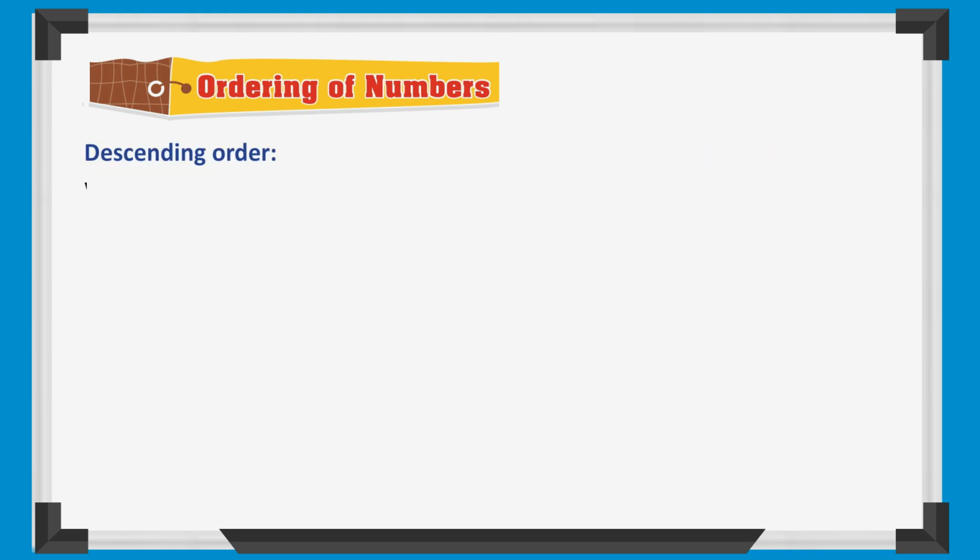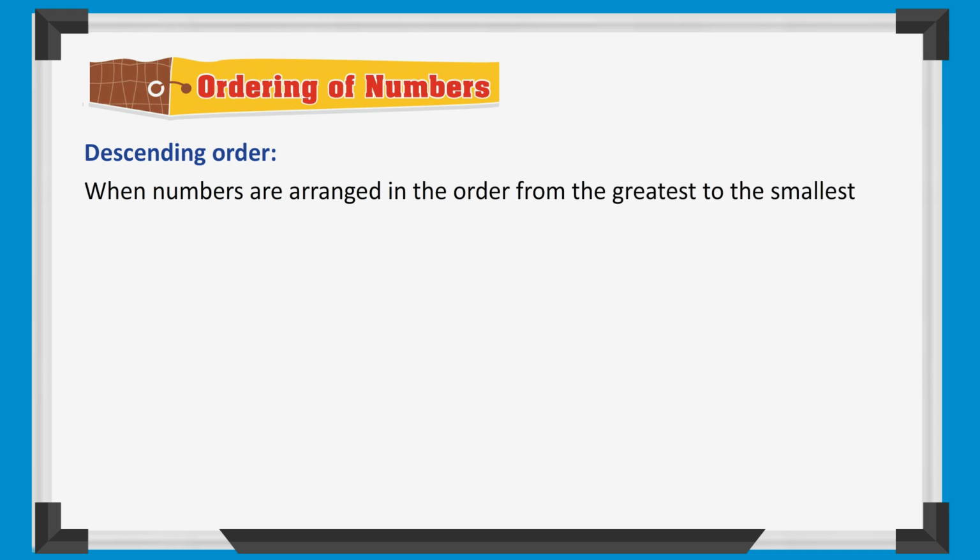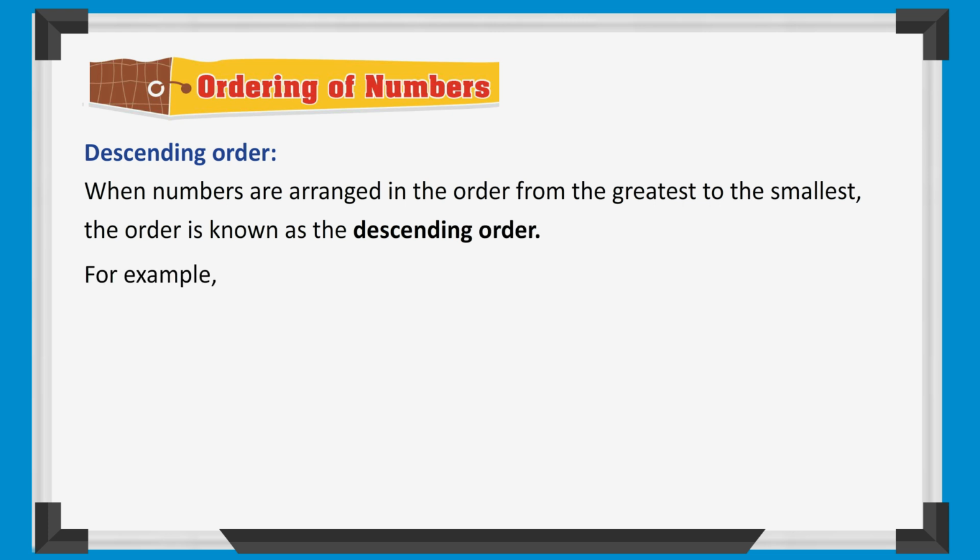Descending order. When numbers are arranged in the order from the greatest to the smallest, the order is known as the descending order. For example, in